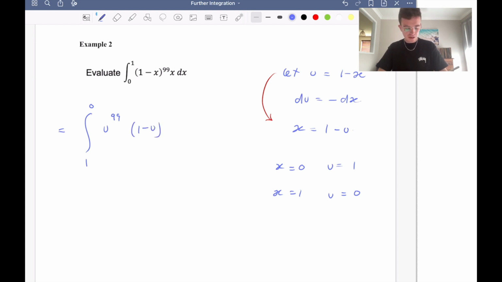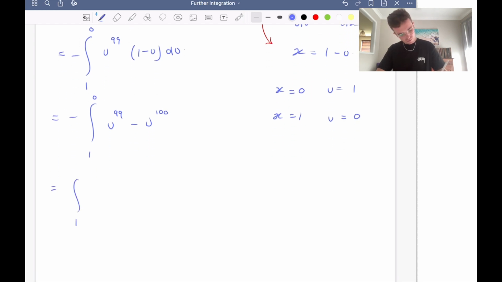Now we want a minus dx to replace the du with, so we need to put a negative out the front and make that du. To account for the negative we need to introduce a double negative, because two negatives make a positive. So this is minus the integral from 1 to 0 of u to the 99 minus u to the 100,